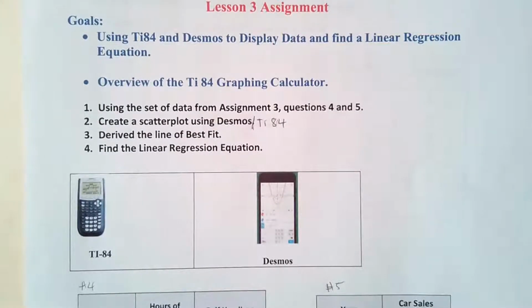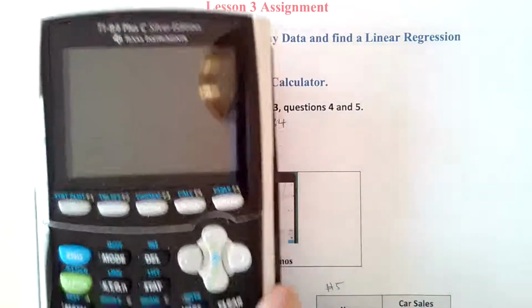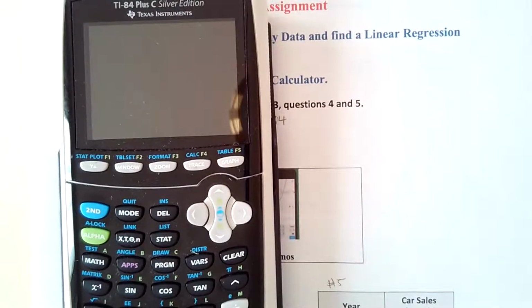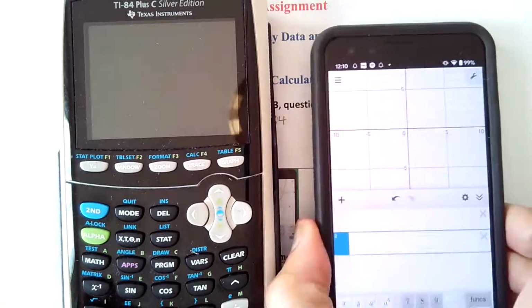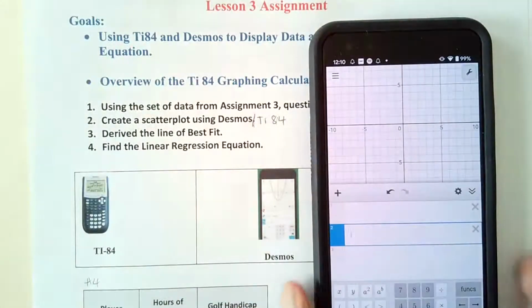So that's the goal for today's session. Now, if you have a graphing calculator, you will want to have that handy with you. And if you're using Desmos,